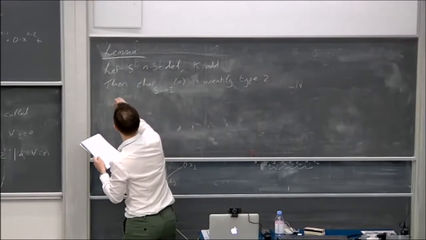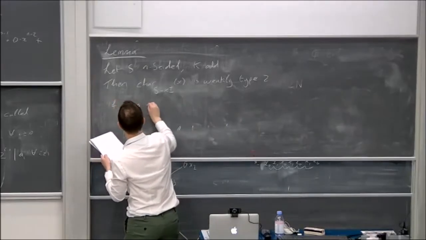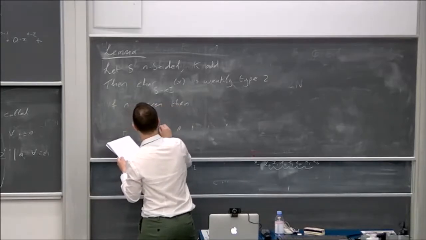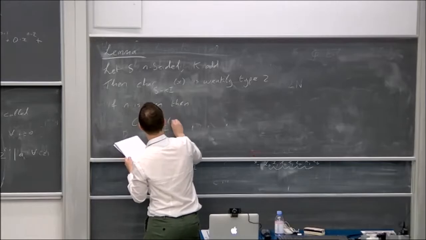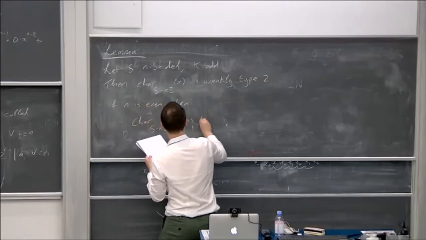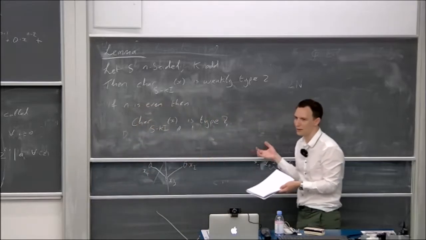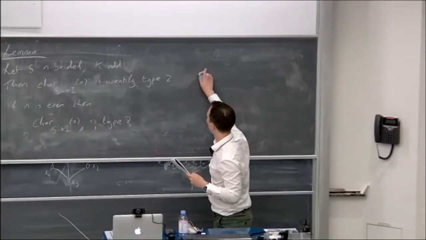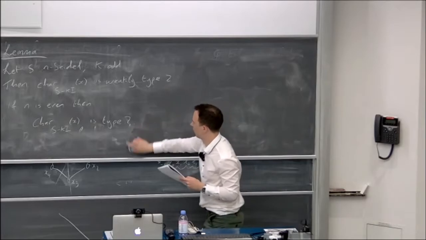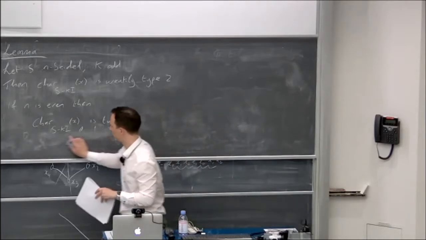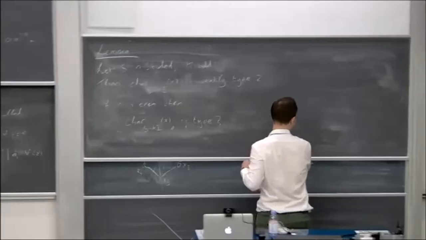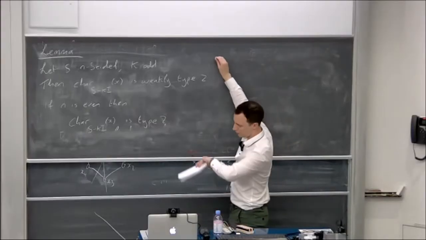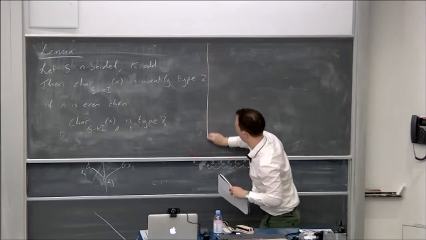Furthermore, if n is even, this characteristic polynomial S minus k times I is type 2. Okay, so this is not really a mind-blowing lemma, but it's something I just want to keep a record of because we're going to use this pretty soon in a quite important lemma. But before we get on to this crucial lemma, which I'm not sure if I have time to say today,